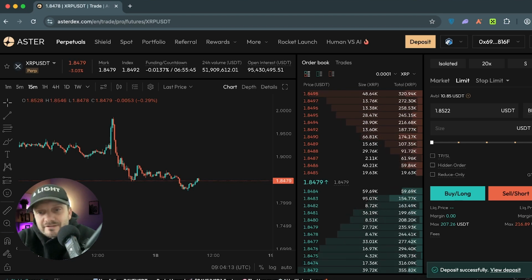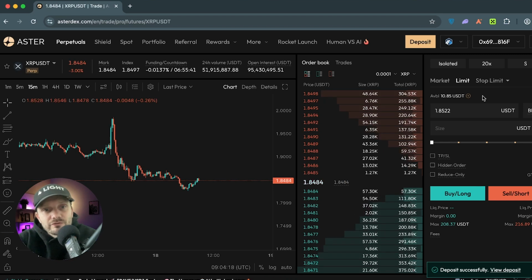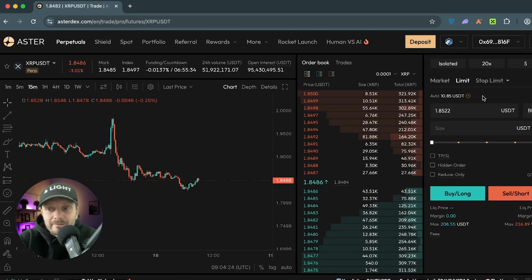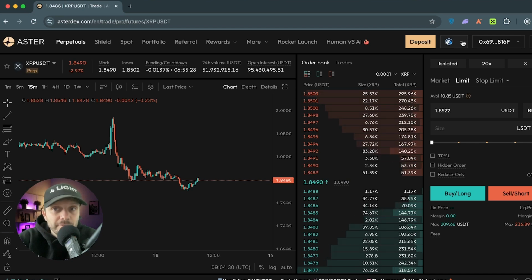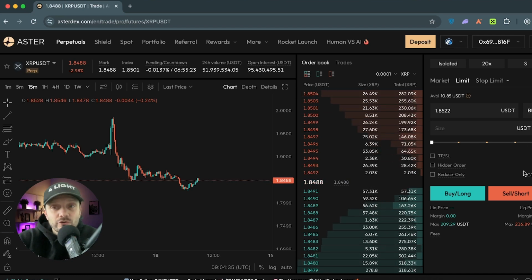Finally, deposit successful. View deposit. You can see the difference between centralized and decentralized exchanges. On a centralized exchange, with P2P or just a deposit, you get the funds almost immediately and can start trading. Here, maybe just on Arbitrum, you need to wait 5 or 10 minutes to deposit your money to the